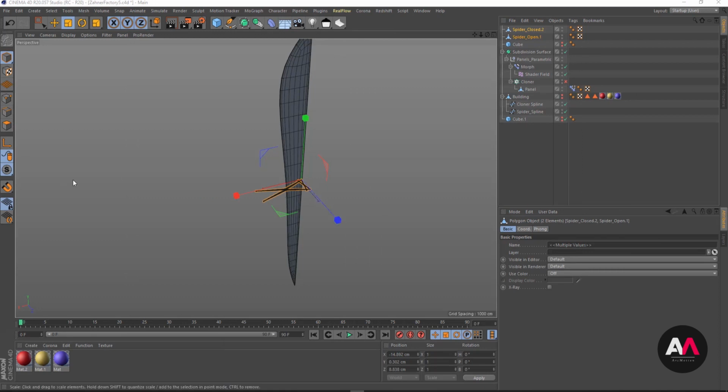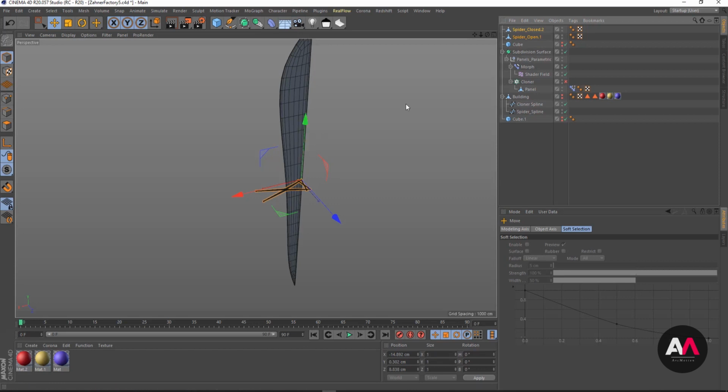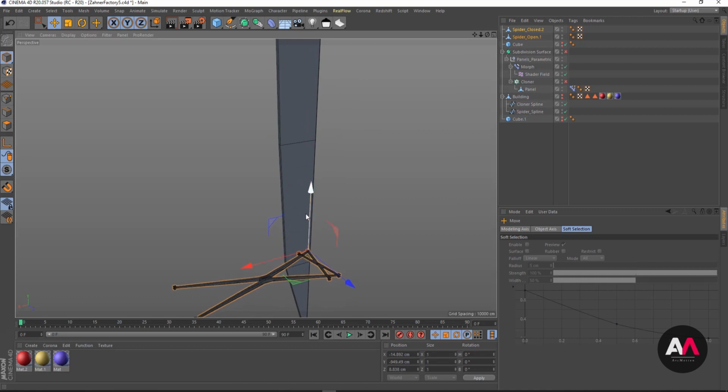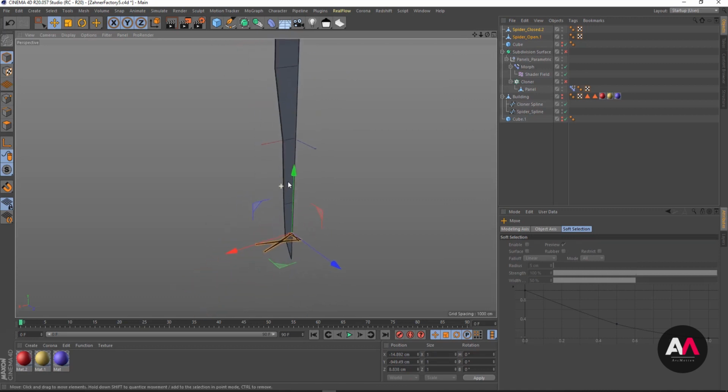So for that I'm going to drag these panels. I'm going to first deactivate the subdivision surface. I'm going to drag these down. So this is where our first spider is positioned, and the others I would put in a cloner so that they are stacked linearly to the top with the exact size that I define later. For now I'm going to position this here, and now I want the distance between each spider. So how do I get that? I don't know, of course, how much the distance is,